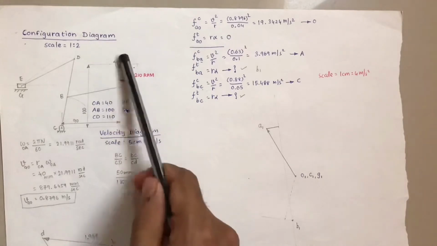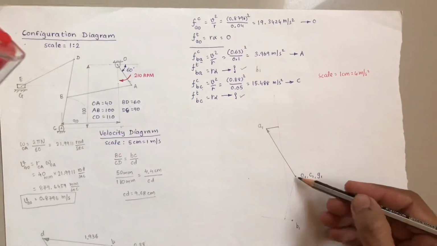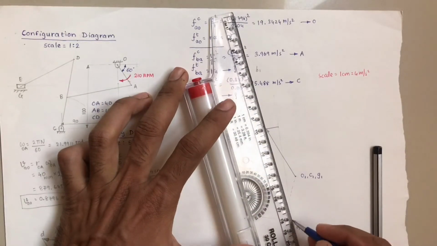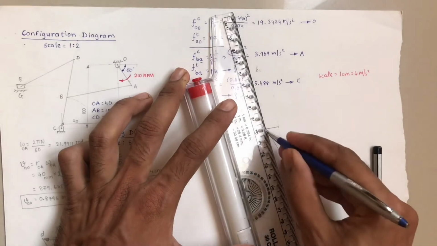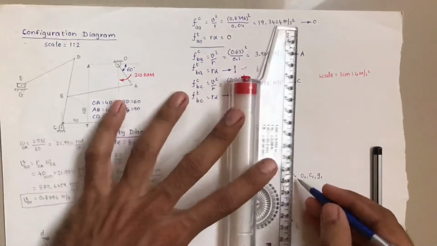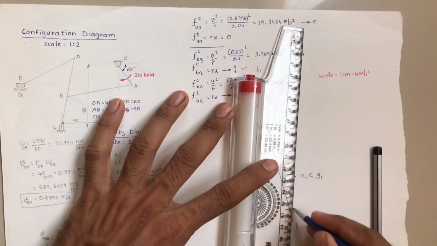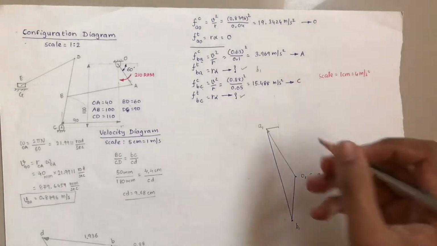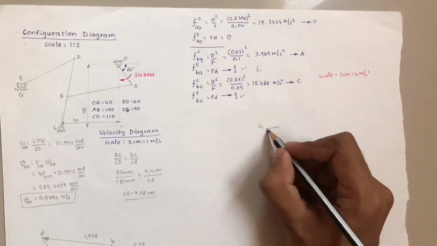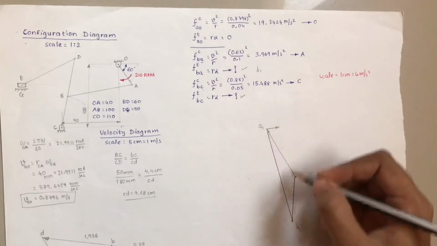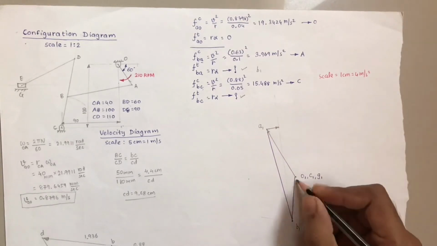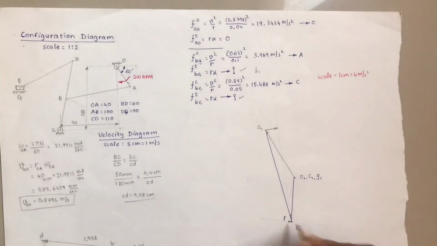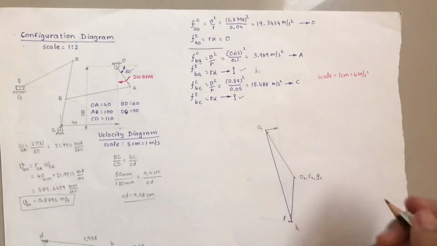So now OABC should be joined. So OA, then let me join A to B and C to B. So OABC we already defined. Now let us give names. From A we move over here, so an arrow towards that and the tangential component towards the downside. Likewise from C, the centripetal component, and here the tangential component. So here is the representation.